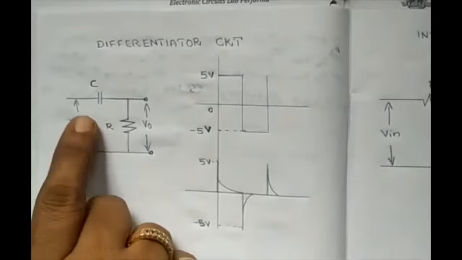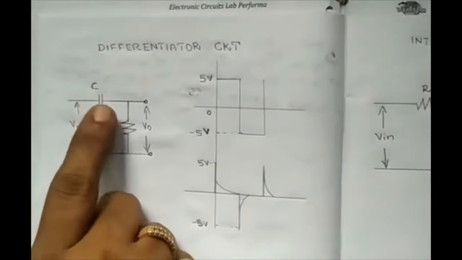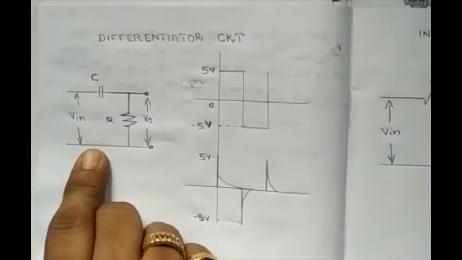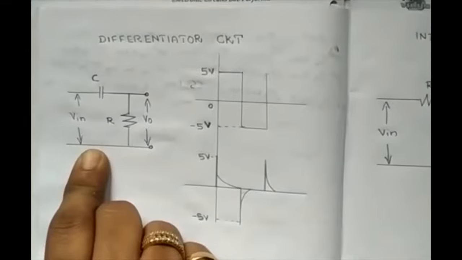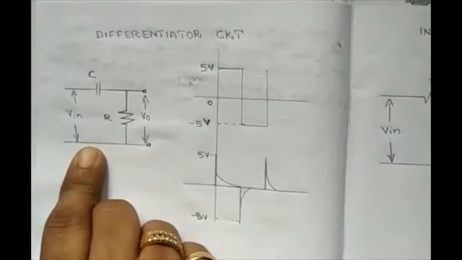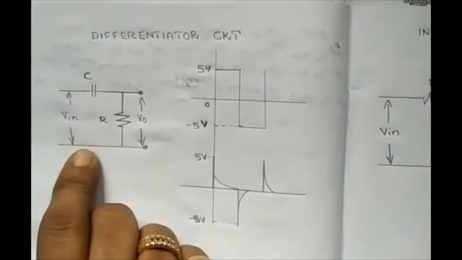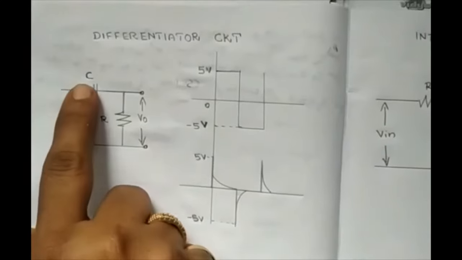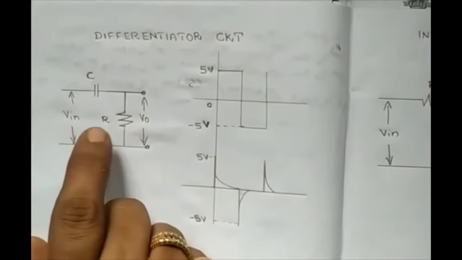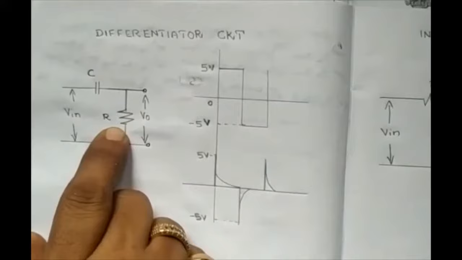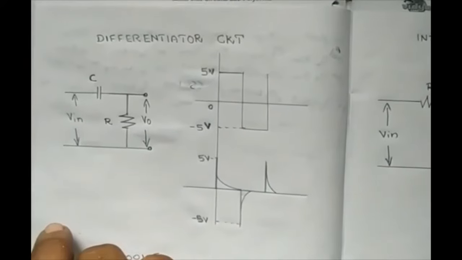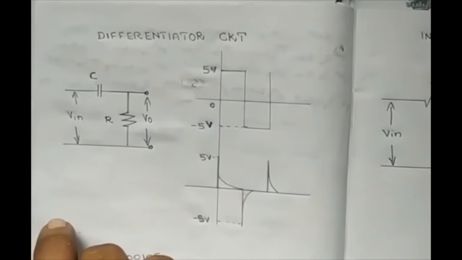In these two components, capacitor and resistor are connected in series. In order to achieve a good differentiator, two conditions should be satisfied. The time constant of the circuit is very small compared to the input signal. The reactance of the capacitor should be 10 or more times larger than the value of the resistor. The values of R and C are designed in order to satisfy these two conditions.